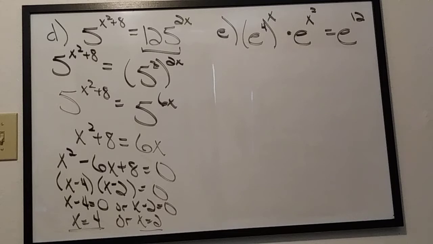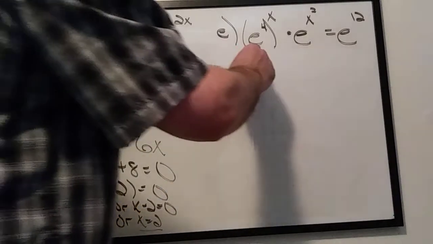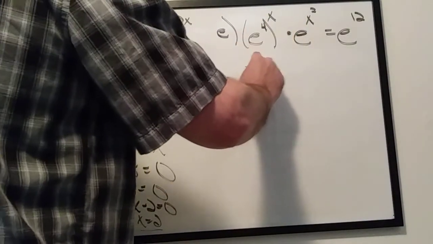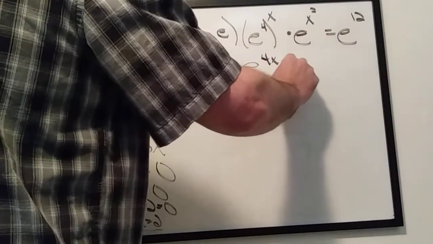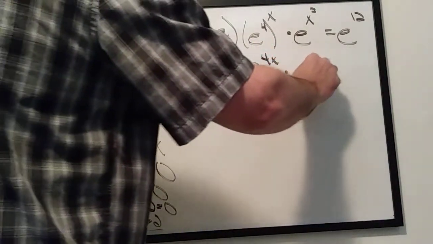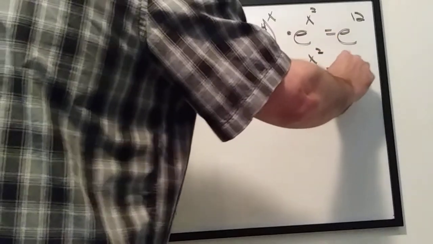So how am I going to do that? Again, it's going back and using some rules of exponents. So let's see what we can do in terms of our rules of exponents. So on the first spot, I have e to a power to another power. We already talked about that a moment ago. That's going to be a multiplication of the exponents. This is e to the 4x power. So we have e to the 4x power times e to the x squared is equal to e to the